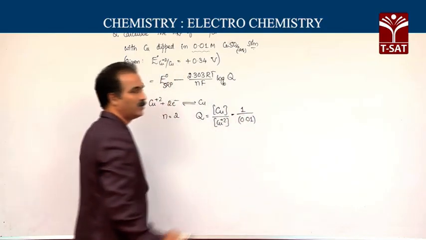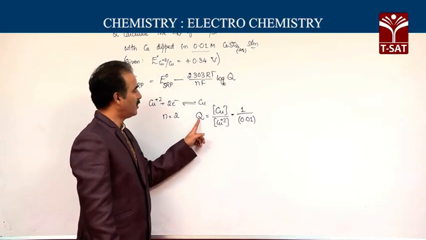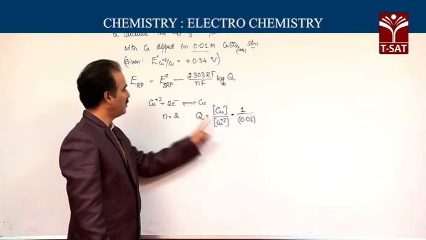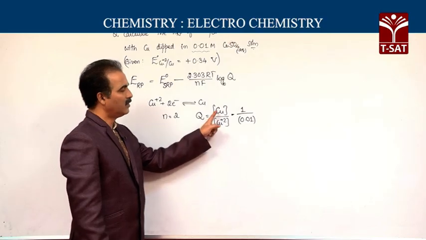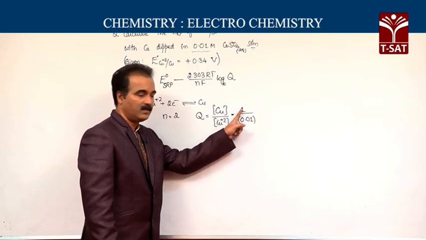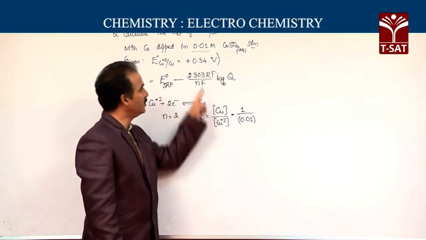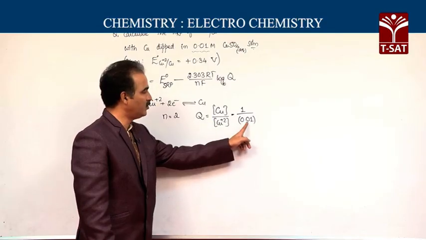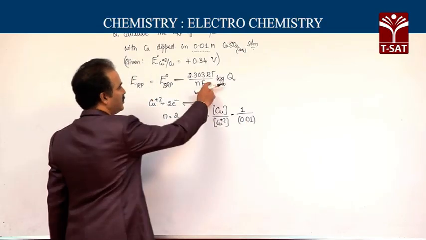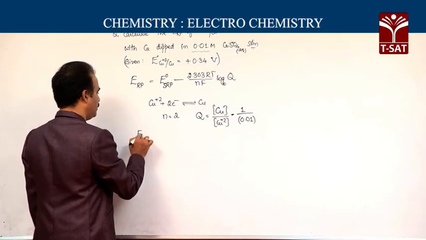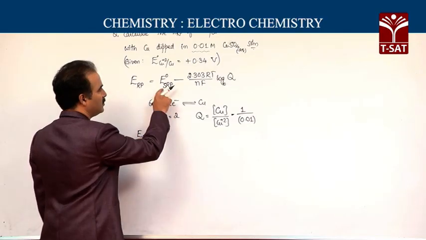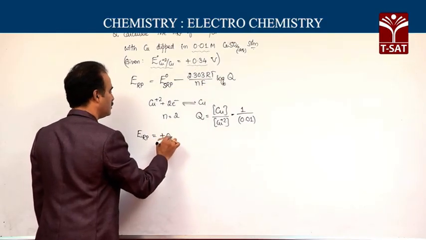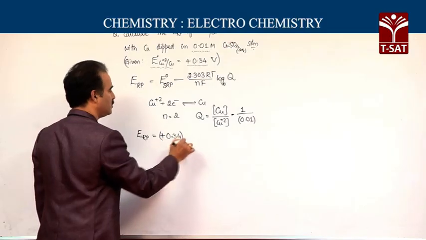0.01. This is the Q value. See, the Q value for this reversible reaction, if you write active mass of copper by active mass of copper plus 2, the active mass of copper we take as 1, and the active mass of copper plus 2 is nothing but concentration, which is nothing but 0.01. So, this is the Q value, this is the n value. Substituting in the Nernst equation, the reduction potential E is equal to the standard reduction potential value mentioned, that is plus 0.34 volts minus